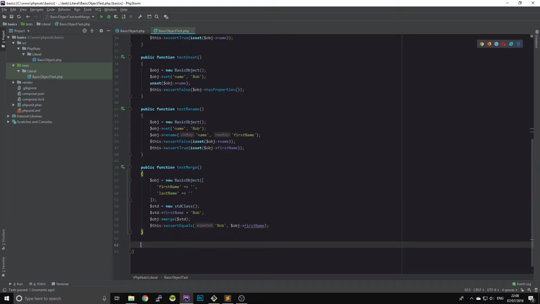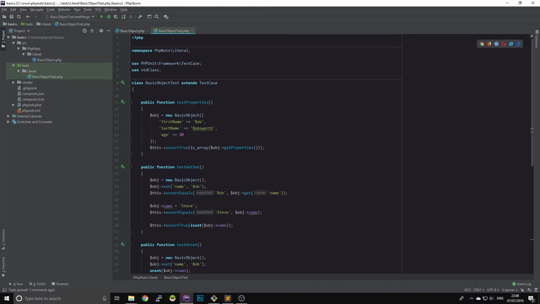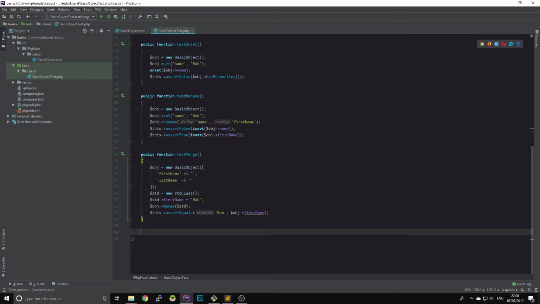Next, what is next? We've done merge, we've done extend. For now, I'm just not going to do extend because it's basically the opposite way around. We want to be able to implement the iterator interface. Yeah, so we want to be able to iterate across the properties within our internal properties array as if from an external source. So if I just do this, public function test iterator,